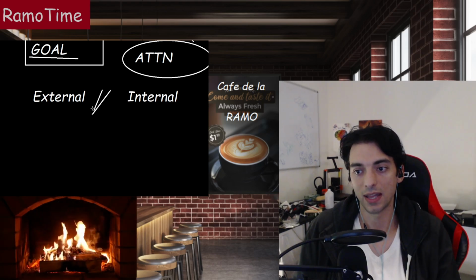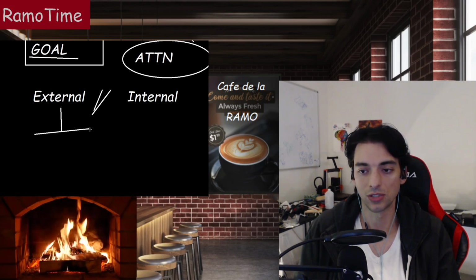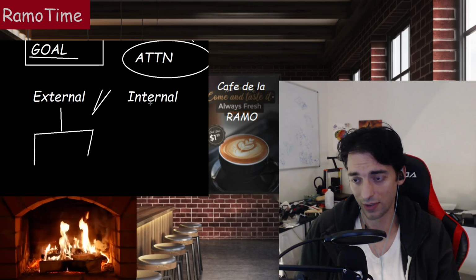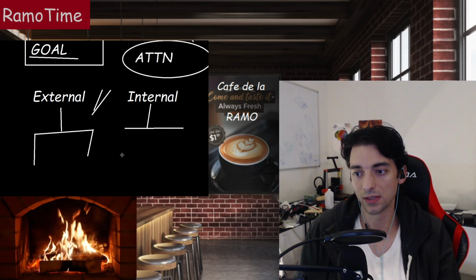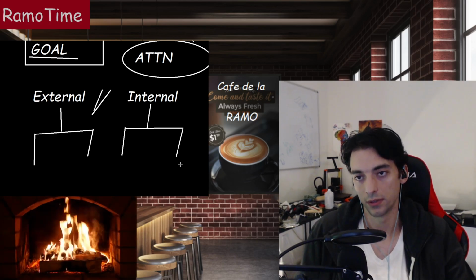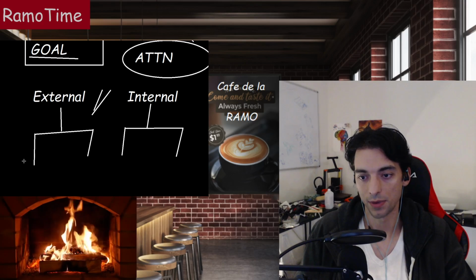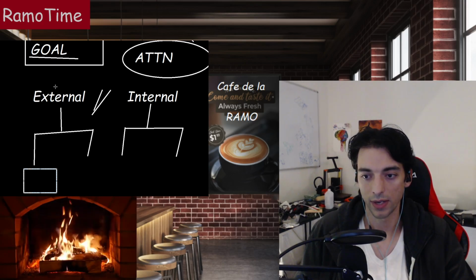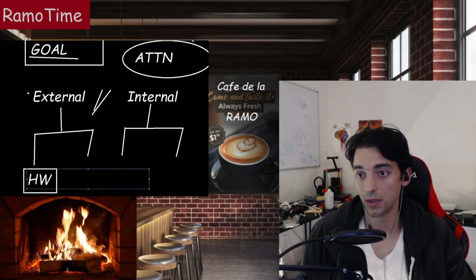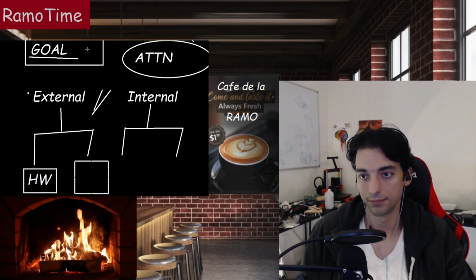But one way to think about it again is goals and then internal external. The reason internal external is interesting, because I really didn't give it a good argument why they divide it like this at all, is because it's an explanation of why, for instance, you might play music while you're doing homework. Because your goal is external, say I'm going to put the box as a goal, that's your homework, right? Let's do it right now. Homework, right? And then you have another box. You have other visual external stimuli, like your phone, right?